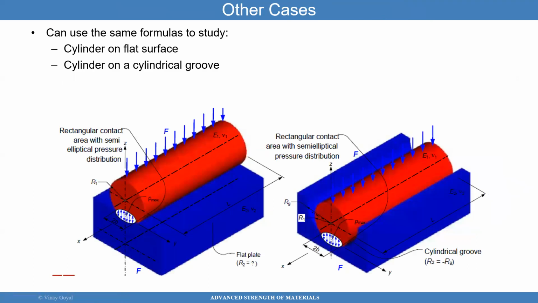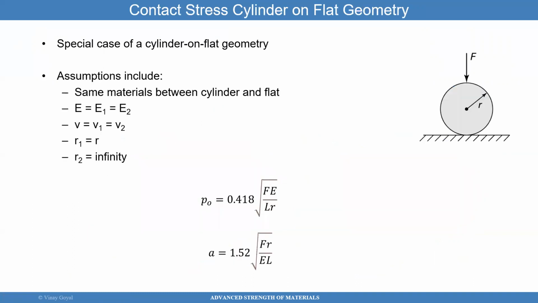What about the other two cases, where you have a cylinder on a flat plate or a cylinder in a groove? Again, a cylindrical groove. In that case, you will use the very formulas I provided to you earlier and set one of the radii to infinity for the flat plate. Because if you do that, then the radius of curvature becomes basically representative of a flat plate. So looking at that situation, I have a cylinder now on a flat plate. Again, it forms a rectangular